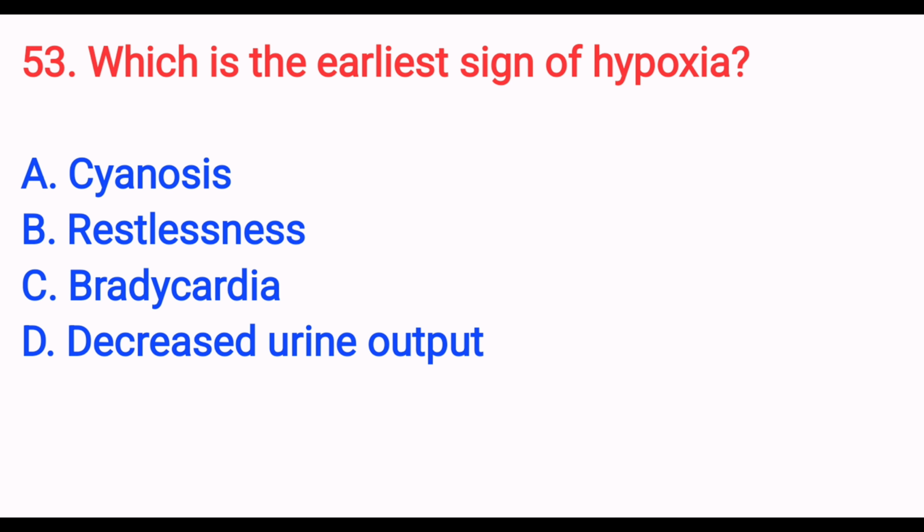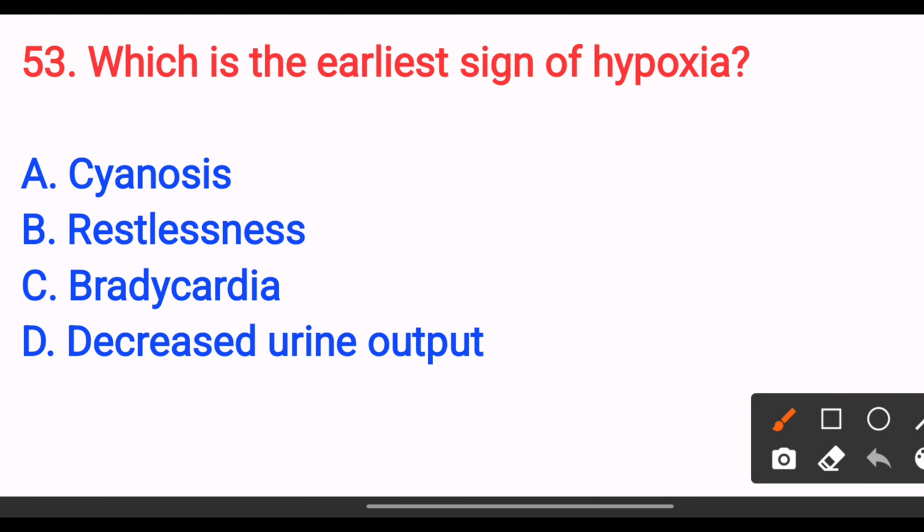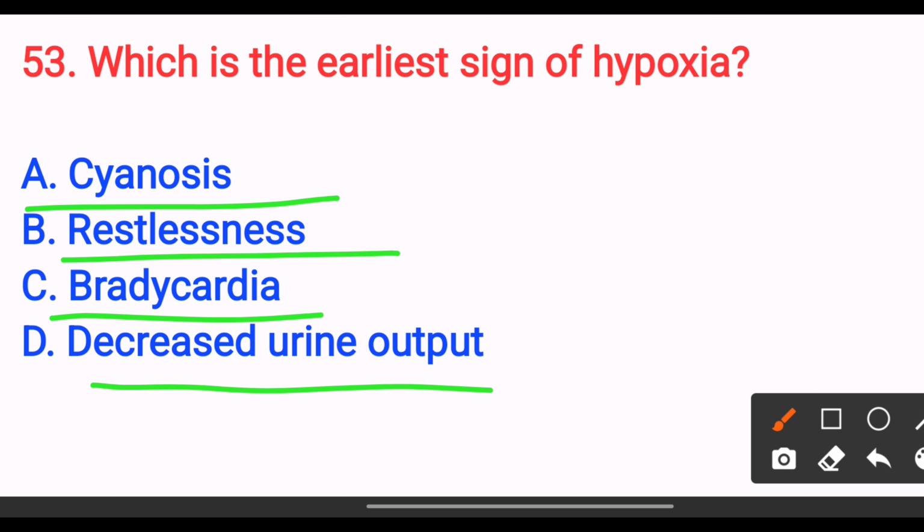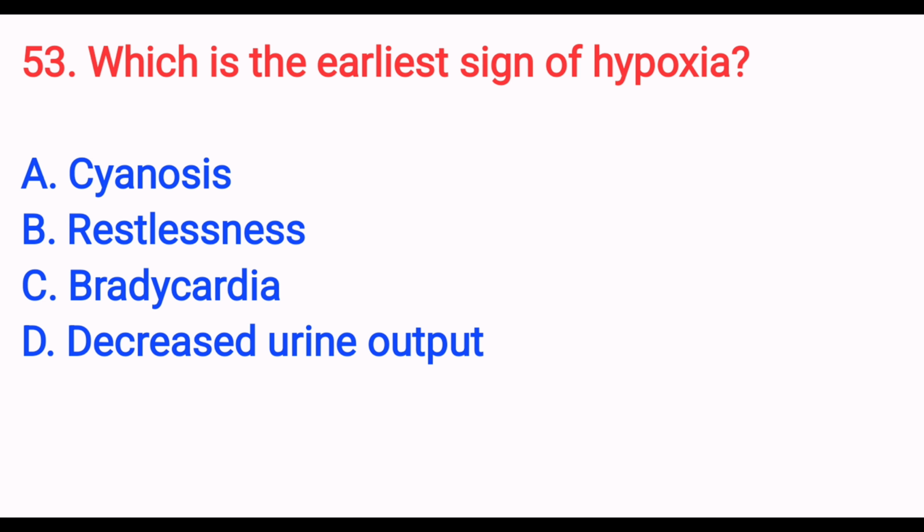Which is the earliest sign of hypoxia? Option A cyanosis, option B restlessness, option C bradycardia, option D decreased urine output. The answer is option B restlessness, because restlessness and anxiety appear early due to brain sensitivity to low oxygen, before the visible cyanosis. So the answer is option B. Next,